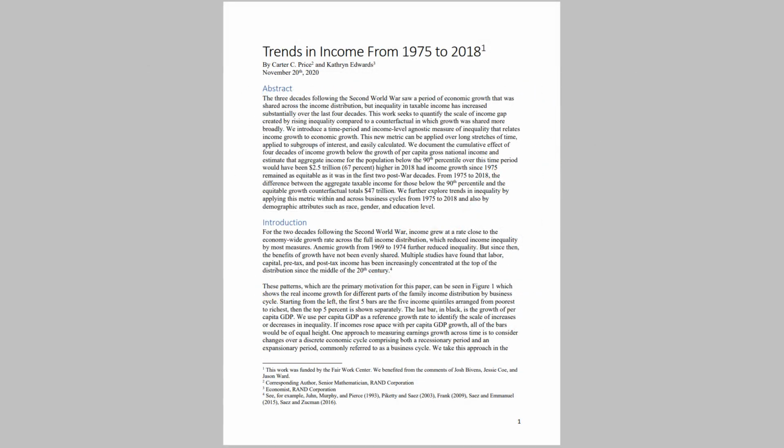A study by the Rand Corporation looked at income growth between 1975 and 2018. They calculated that if income growth for these groups had not diverged, and instead, if income inequality stayed at about the same level it was in 1975, then the bottom 90% would make around $2.5 trillion more each year. This would be 67% above what they actually make. The average worker would make around $20,000 more each year.